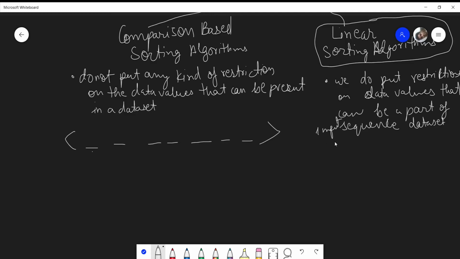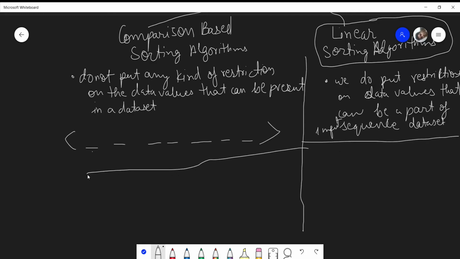So why do we put that restriction in linear sorting algorithms, and why don't we put any kind of restriction in comparison based sorting algorithms?